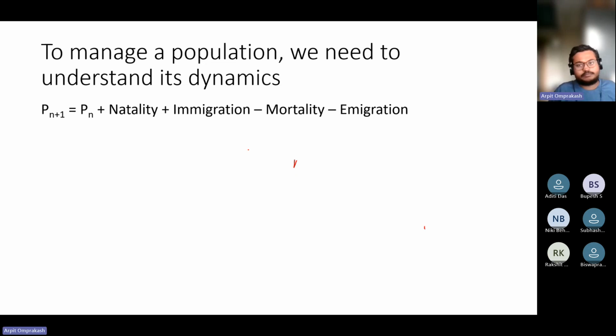Many times in nature, we want to manage populations. For example, India is actively trying to manage the number of tigers that are found across the different areas in India. To manage the population of tigers, we also need to manage the population of deer, cheetah, and sambar. So many times we might have to manage multiple populations of animals. And to manage a population, we first need to understand